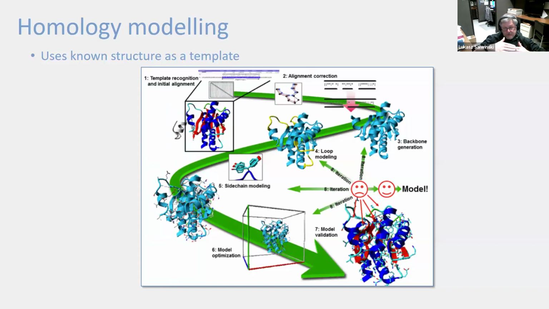And then once you've got alignment between one of those proteins with known structure and your protein, you can just convert the residues in your template into residues coming from your sequence, and you're going to have an initial guess of what your protein structure looks like. This conversion is relatively simple for